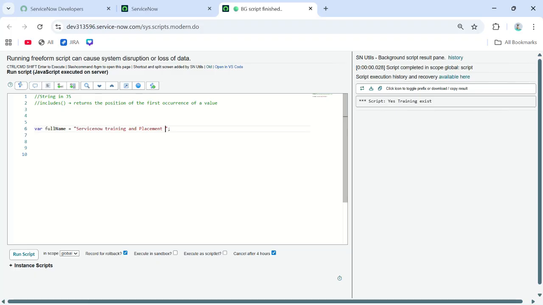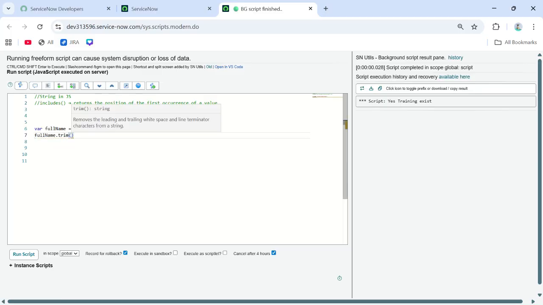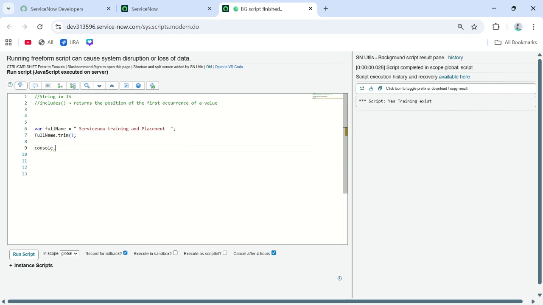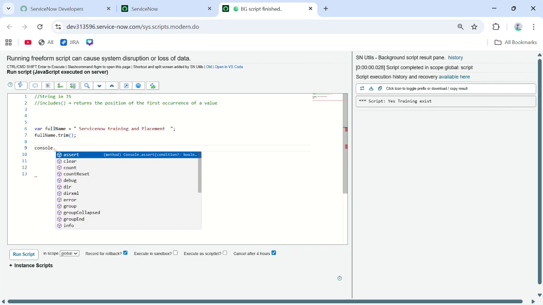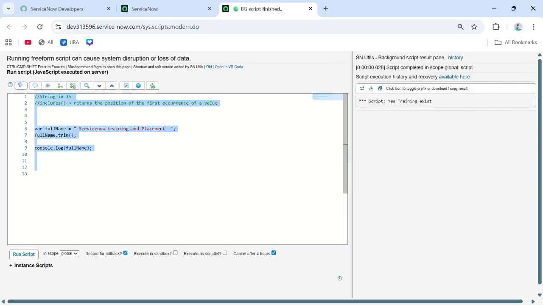Now if I am having some spaces here, okay, and here as well, okay, and if I wanted to exclude those white spaces, what you can do, you need to use trim. So this trim feature, like full name dot trim, will trim the white spaces. Console dot log again and full name. Yeah,